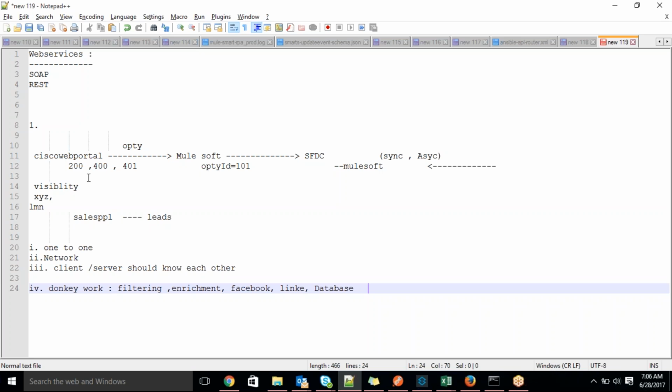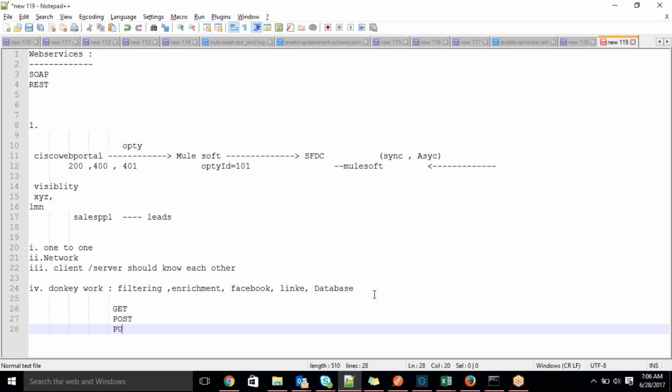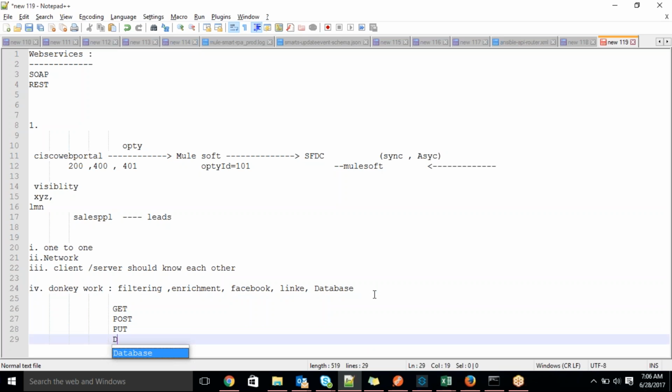Suppose the intention of this function is to create an opportunity in Salesforce. Whatever information he is sending is a post request, guys. We have different types of requests: a get request, a post request, a put request, and a delete request.